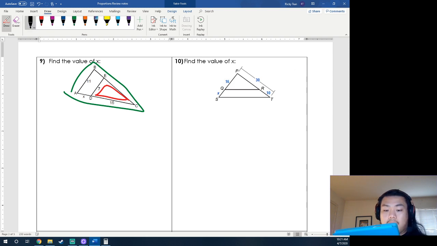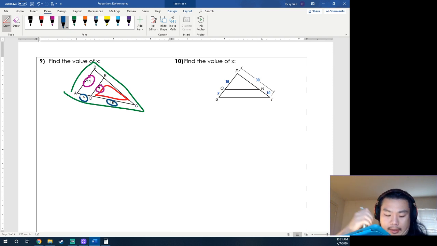11 and 7 are going to match because, as you can see, they're parallel to each other, which means they are the sides that correspond with each other. All right, and then we have over here